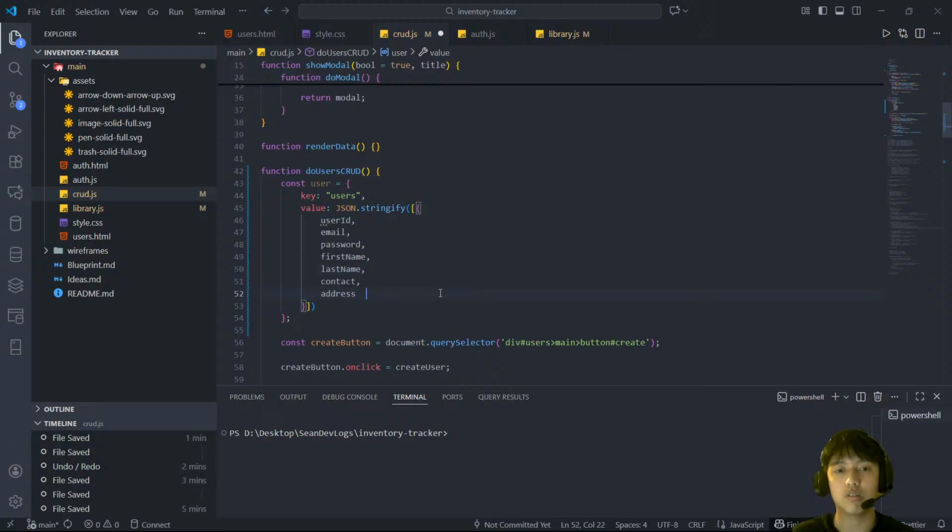Yeah, it's a model, not a schema actually. Okay, yeah, it's a model, and I'm not sure what the difference between a schema and a model is, although as far as I remember,